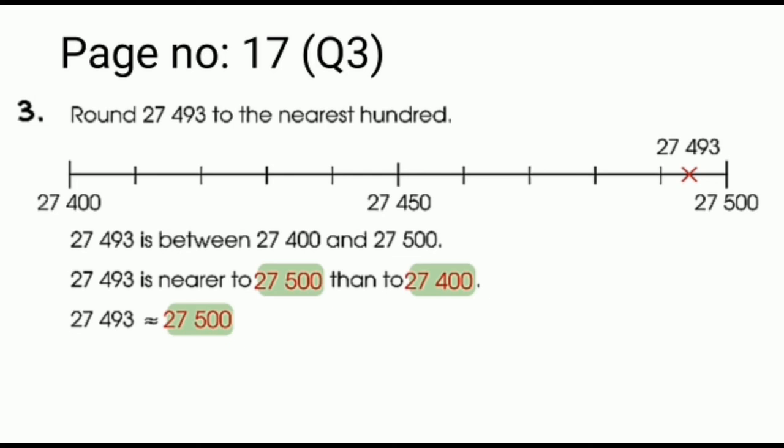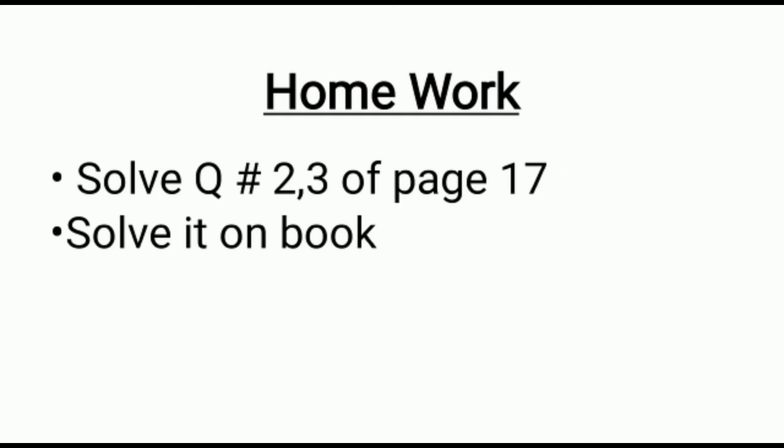Okay, and example number 3, page number 17, round 27,493 to the nearest 100. Check the last two digits of that complete number. It's 93, greater than 50. That's why you will round it off to 27,500. So your today's homework is you have to solve question number 2 and 3 of page number 17 of the book,